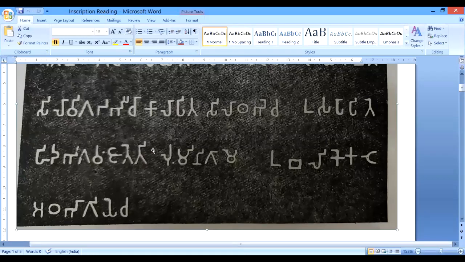Okay? If you look at here, actually hither there should be one space. Then Bhagavam, there should be one space. But there is no space in the inscription. So to understand the inscription, the language, we have to be very careful. Okay. So hither Bhagavam